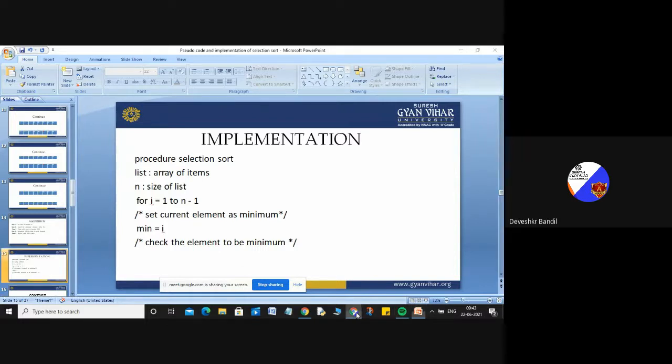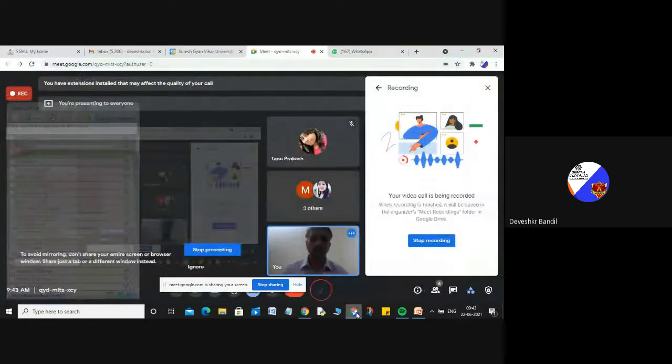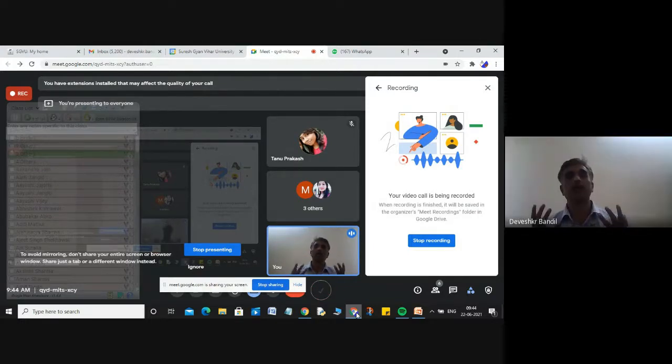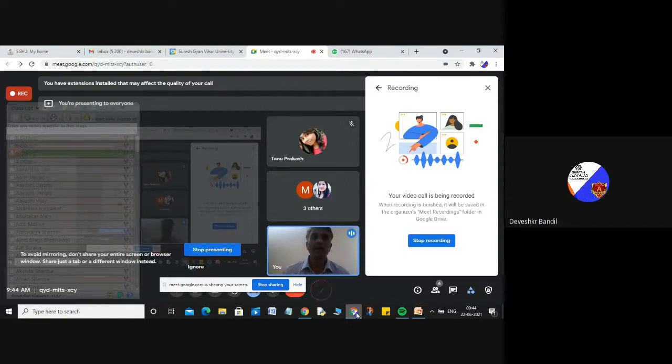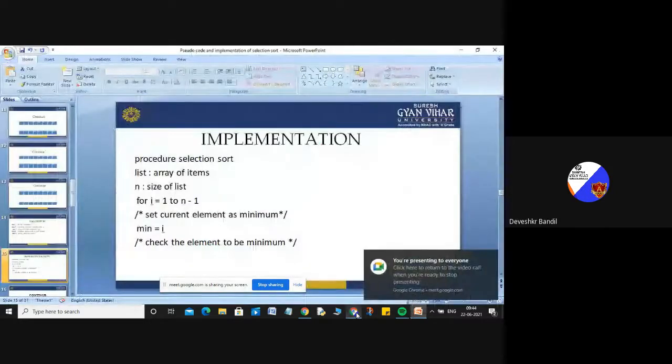because if you do not have the array, it means you do not have the items, so you can't apply any sorting algorithm because you do not have any items. That's why you will take the array, and you will also take the size of your list,